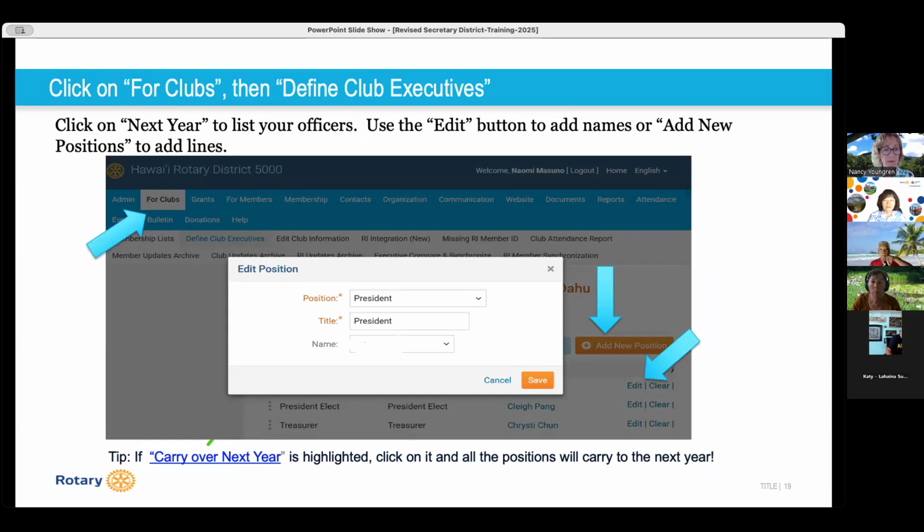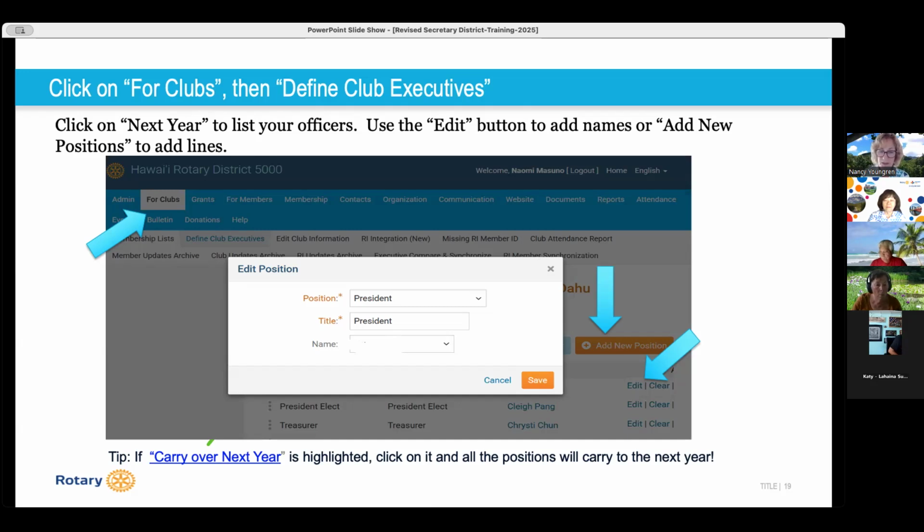Okay, so define club executives. This is something that is important so that the district knows exactly who's doing what. And this is something that after the new officers have been elected in the December 31 meeting, the secretary can go again into the member area for clubs, define club executives, and you can edit the positions and save it.